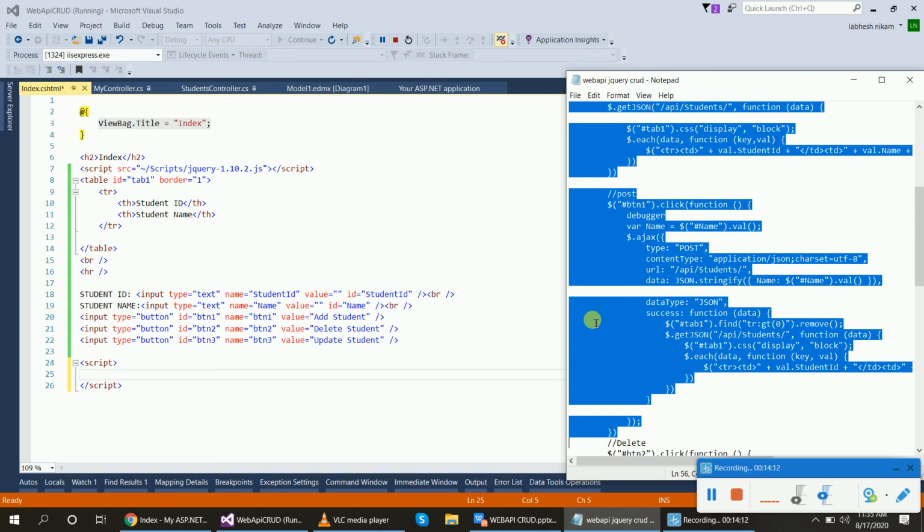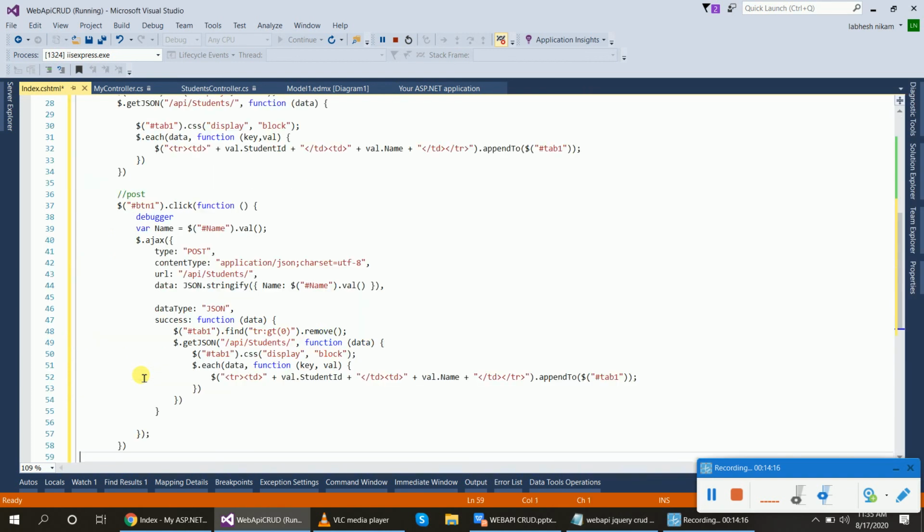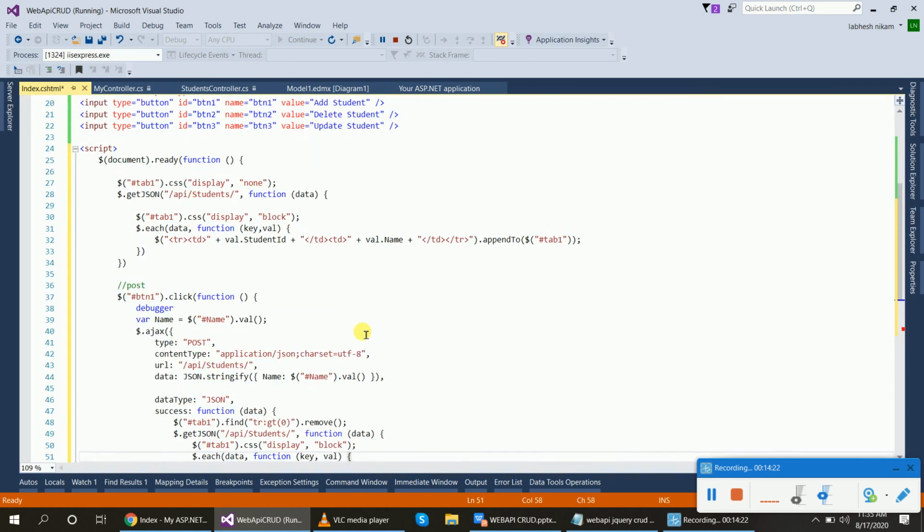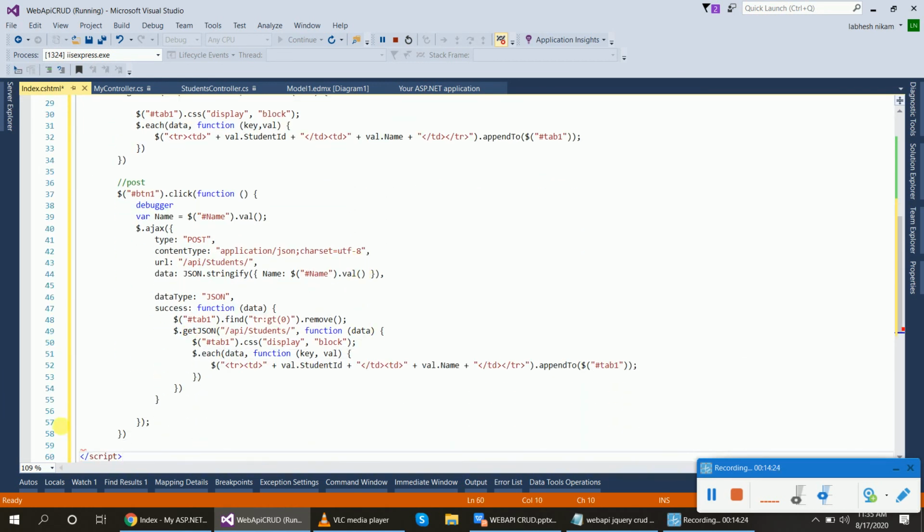Control C. Control V. There is one error. Lastly, close the data functions.